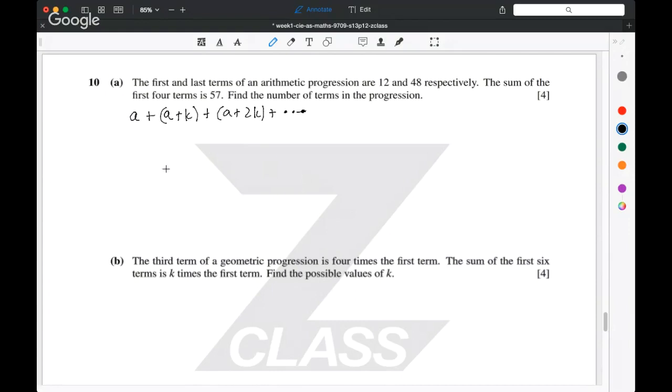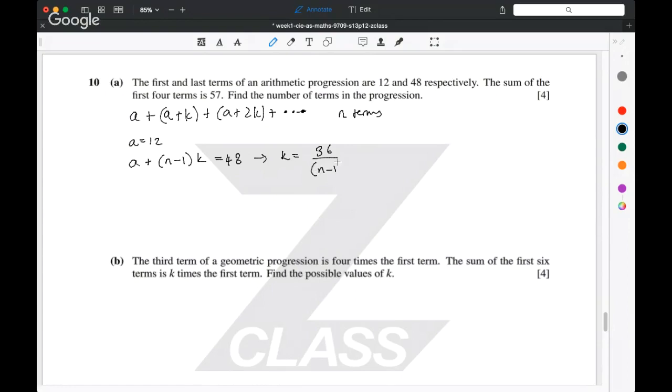And we're told that the first term is 12, great, and that the last term is 48. So I'm going to say that there are n terms. Therefore, the last term is given by a plus n minus 1 k, and this is equal to 48. So therefore, k is equal to, and we know that a is 12, so subtract that, 36